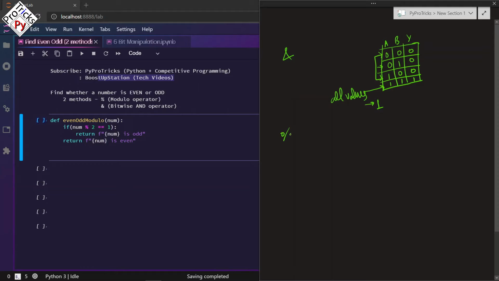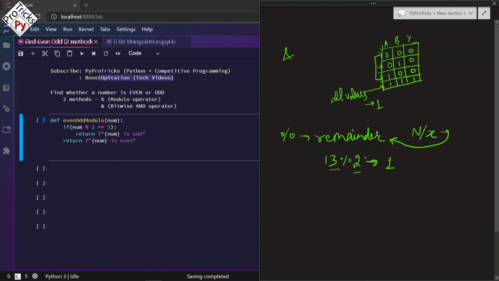Let us also see how the modulus operator works. This will give the remainder to us. When we divide a number, say n by x, it will give us the remainder. So let us say that we have 13 mod 2, then it will give us the remainder, which will be 1 when we divide 13 by 2.